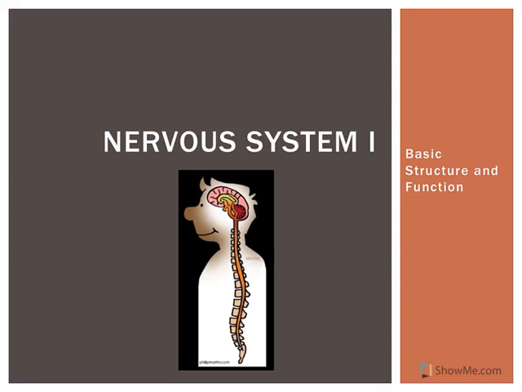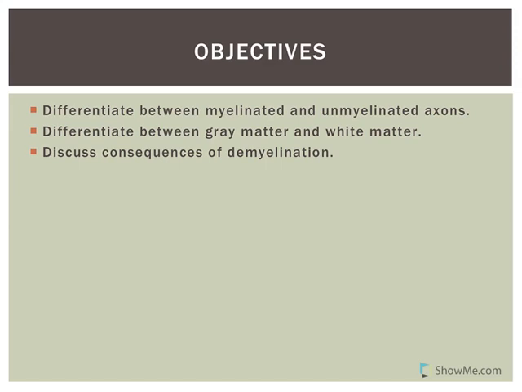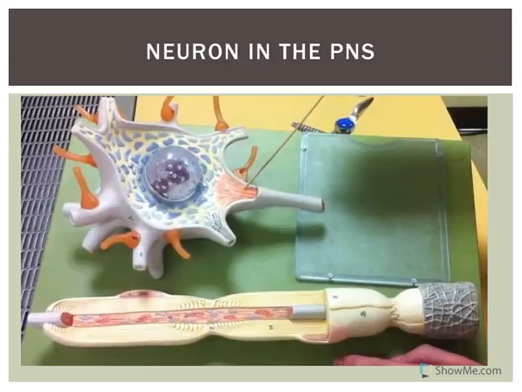This recording is part of a series of recordings covering an introduction to the nervous system. This recording is specifically going to address myelinated versus unmyelinated axons. We're going to look at the difference between gray matter and white matter, and then also consequences of demyelination. So what I'm going to start with is showing you a model from the lab that's showing